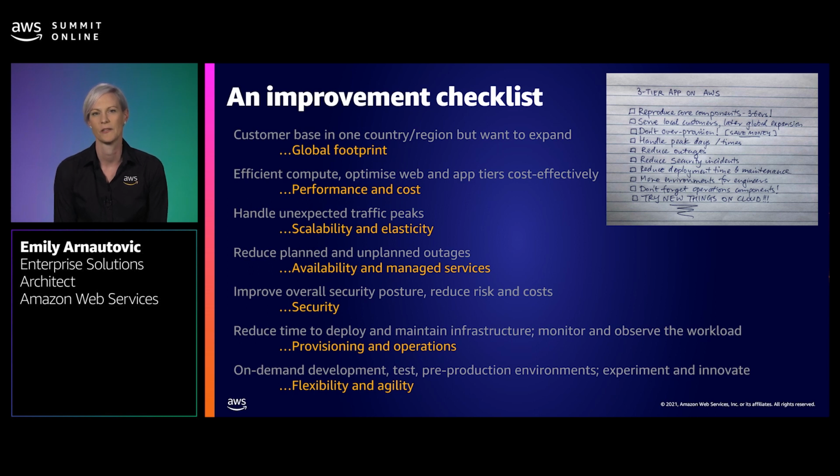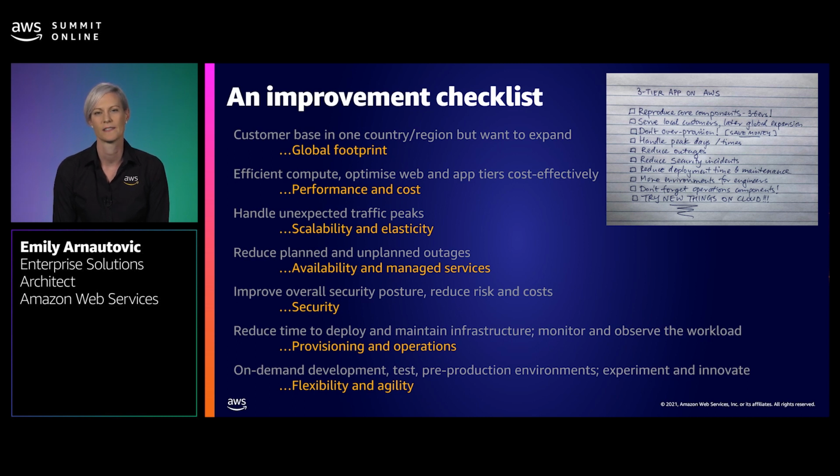So this is what we want to address with our three-tier architecture today. Serve customers in Australia with the ability to expand globally, keep costs down but achieve that desired performance, build a scalable architecture to support peaks of user activity, create a highly available architecture and reduce outages. We also want security at all layers and automation wherever possible. And lastly, flexibility and agility. We want to give engineers the ability to quickly spin up resources as and when they need them, or to try out new services or architectural approaches. So that's the checklist created.